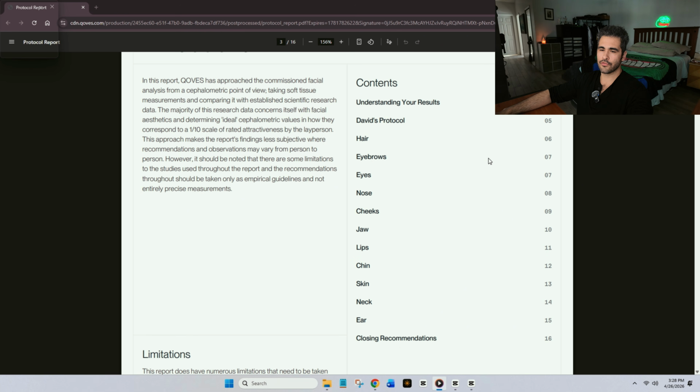And they're approaching this from a cephalometric point of view. Not sure what that word means, but it sounds cool. And the majority of the report concerns itself with facial aesthetics and determining ideal cephalometric values and how they correspond to a 1 out of 10 scale of rated attractiveness by the layperson. All right. They have limitations,